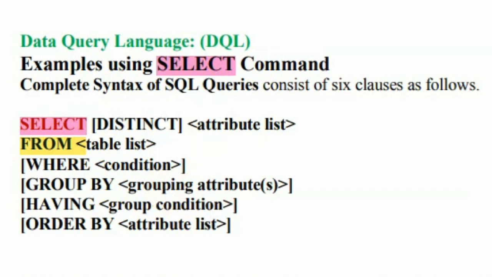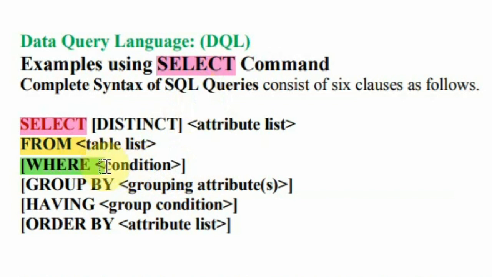And the next is the where clause. The where clause will have the condition, and this is a Boolean evaluated expression. It can have AND connectives and OR connectives, so the conditions can be connected with ANDs and ORs. The output of this condition will be a Boolean value. If it is true, then that tuple will be there in the result. If this condition evaluates to false, then that tuple will not be there in the output.